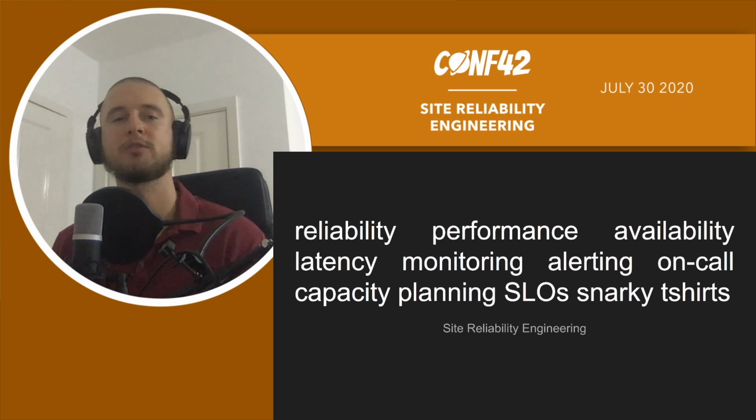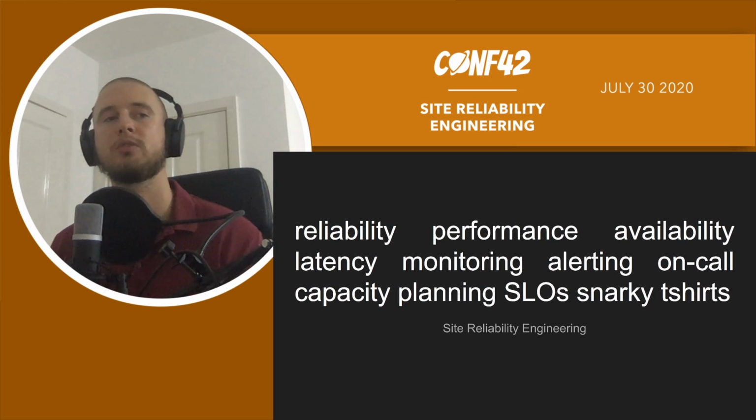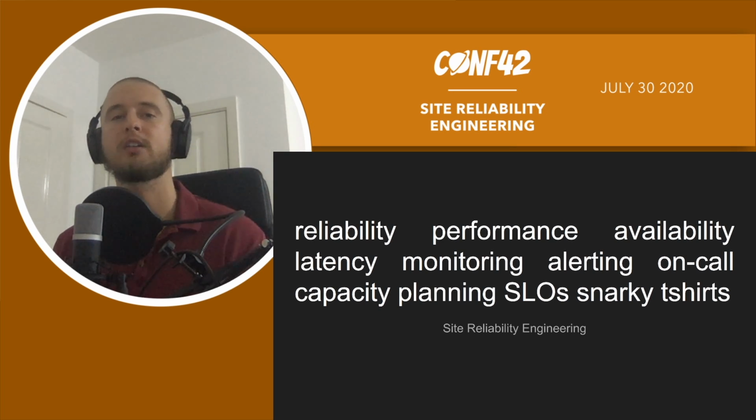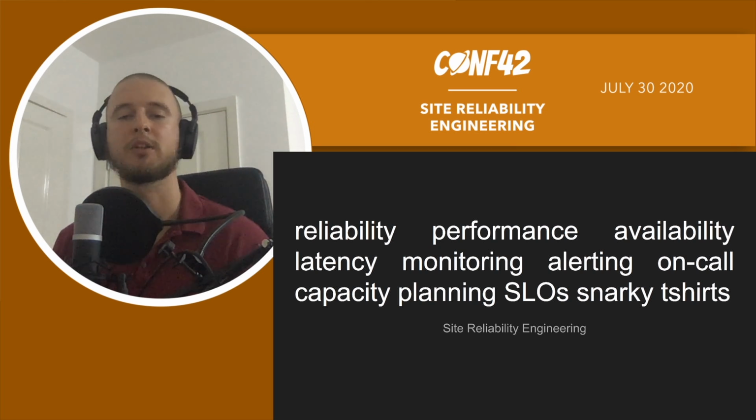The capacity planning, that is also part of your reliability. It's not the most glamorous. Hardly anyone likes to talk about a massive Excel file when they try to predict how much resources they need, but it's essential. Someone needs to do that. Someone needs to think, okay, if we're going to grow by this many users in the next quarter, we're going to need more disks and more CPUs and more RAM and more X and Y, right? This is part of the reliability.